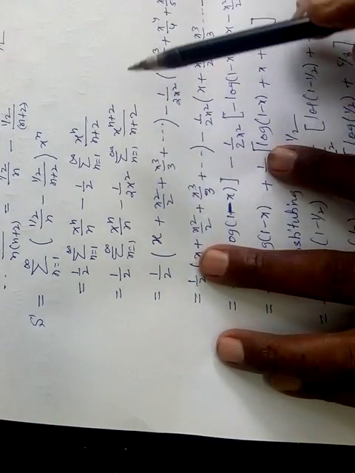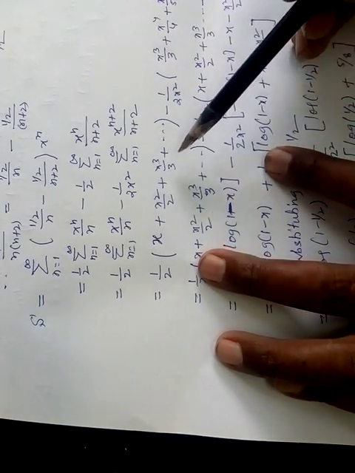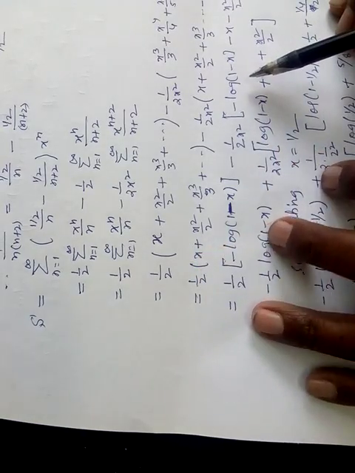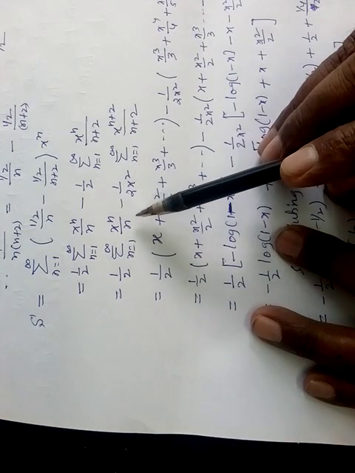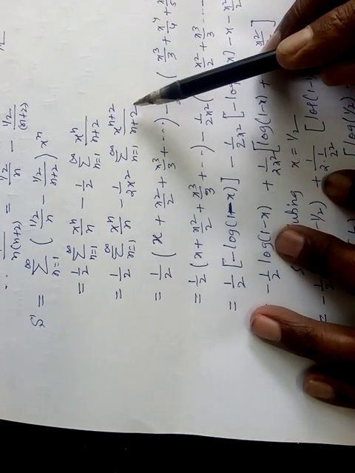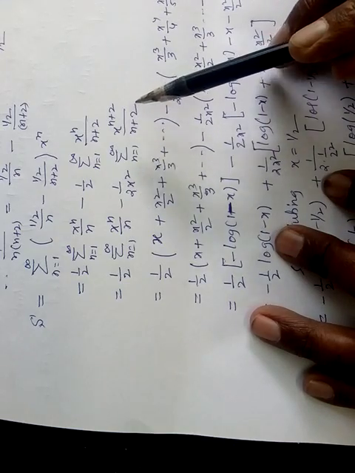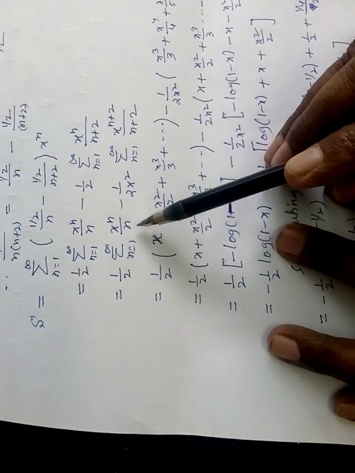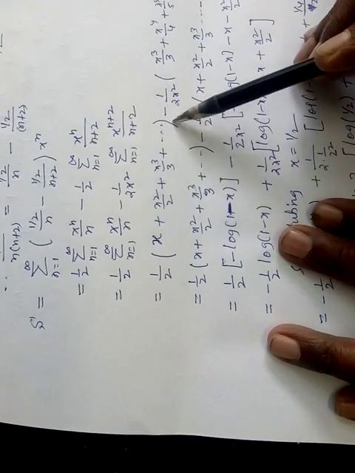Now you got the standard form, but to see whether it contains all the terms of the logarithmic series or not, you have to write the expanded form of the series. Now I will write the expanded form of the first term. So you will get this one, x square by 2, x cube by 3, and so on.